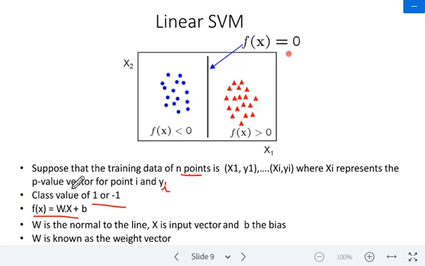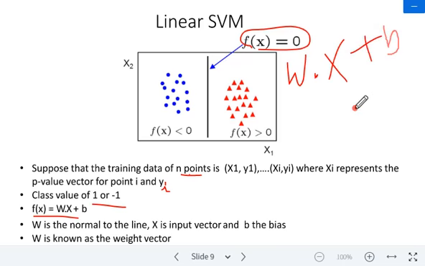What is f(x)? f(x) = w·x + b. So when we put this into the equation, we get w·x + b = 0.